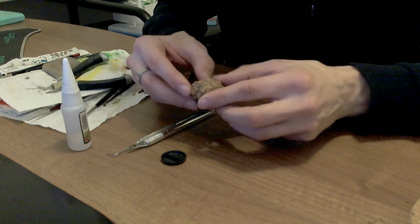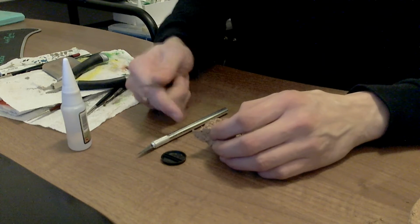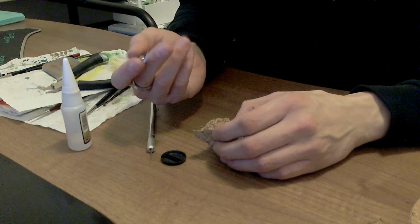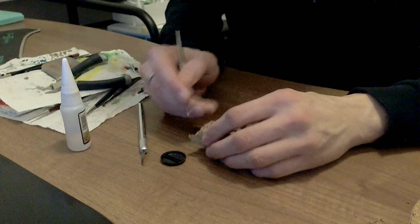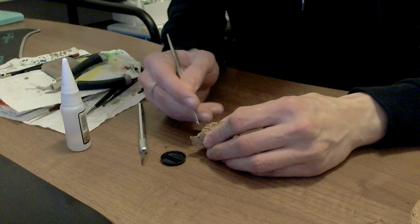So let's see if it's dry yet. It's kind of getting there. Now it's time for your tools. So your knife, or in my case my dental tool, and really carve away at the edges of the cork,